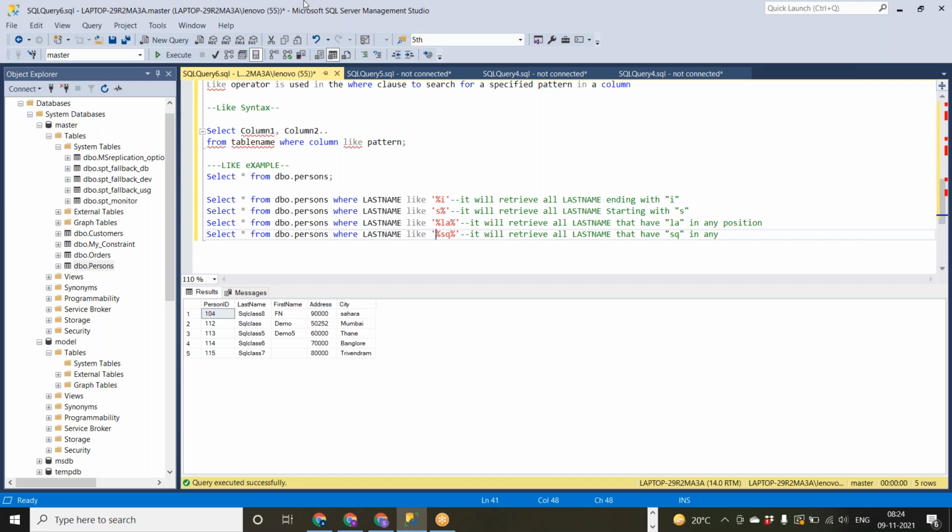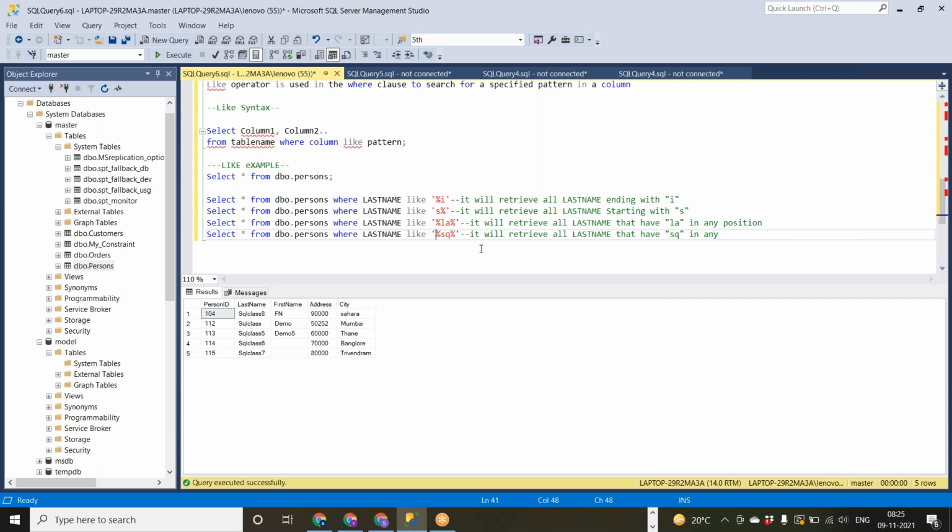You got the result SQ in the starting letters. So you may get any character or string that matches, in any position. That you need to keep in mind.